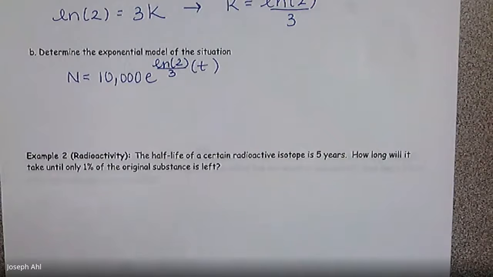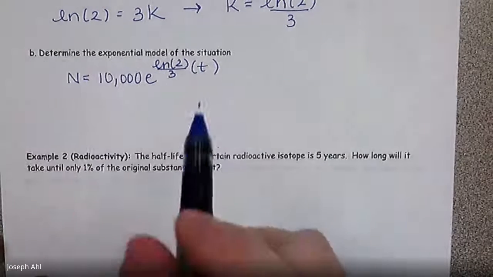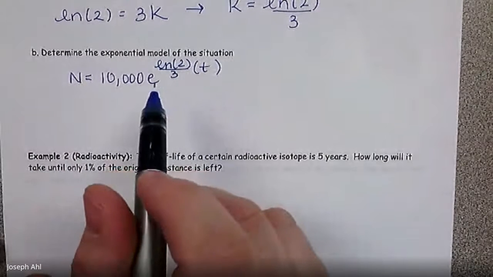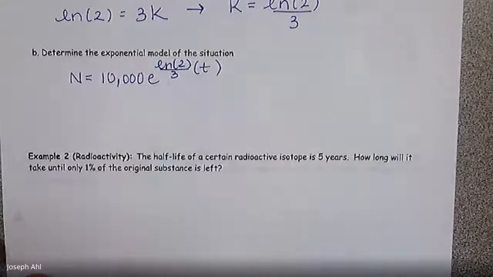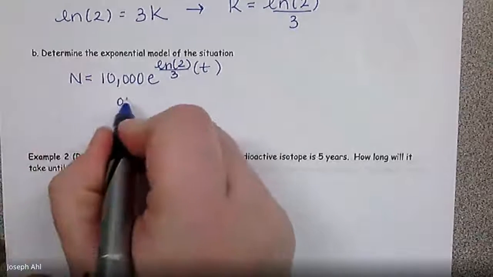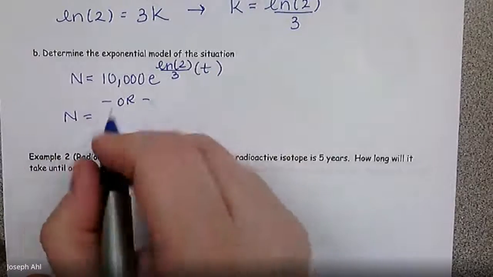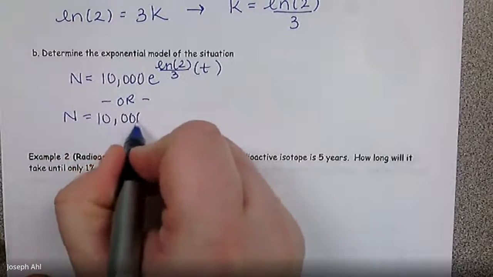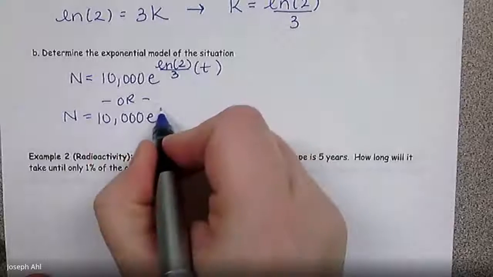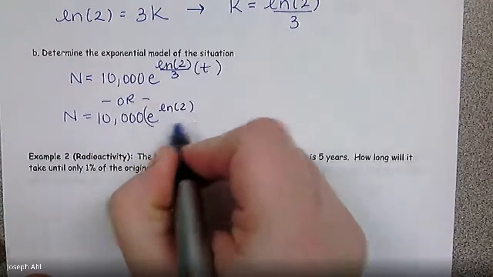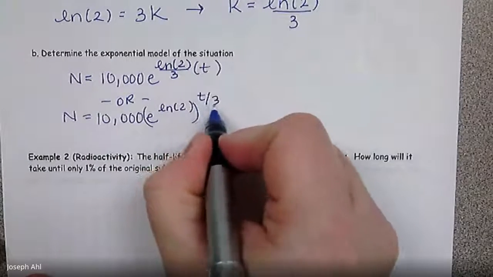So now we can model that after any given amount of time has gone on, what amounts of bacteria we should expect. Now, you can clean this up a little bit because we know that e to the ln, those are inverses, but we've got that 3 in the way right now. So just to see an alternate form of this same equation, if you rearrange that exponent up there to be the following, if you make it e to the ln 2, and then raise that to the t over 3,